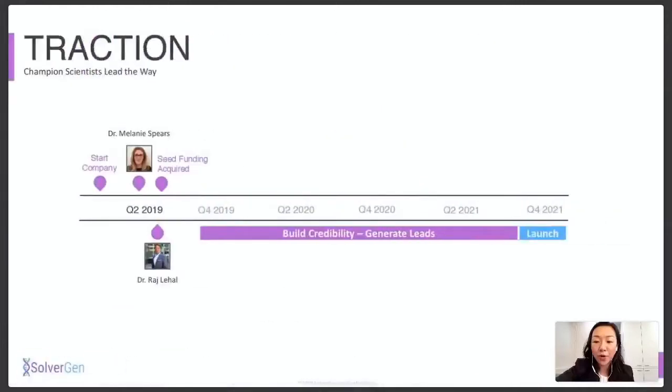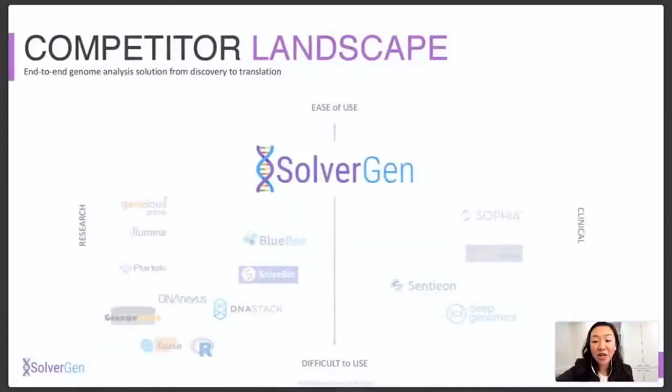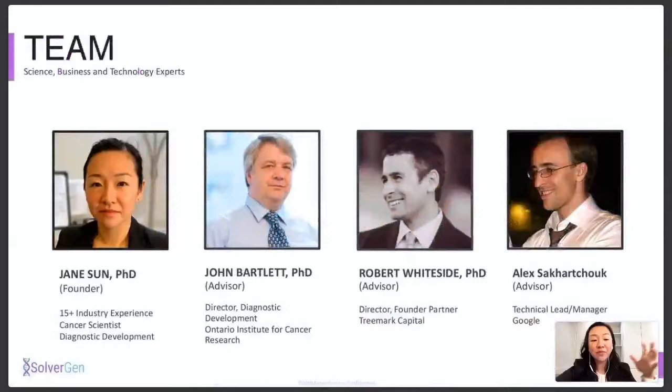Within 3 months, we have already gained the collaboration support from champion scientists to work with us and also seed funding to help us move forward to the next phase of our product development. We're in a really unique position being a hybrid platform that crosses its use from the research space into the clinical space. And we're backed by a team of experts that come from science, business, and technology. And right now, we're just looking for additional resources and funding to help us to execute the full vision of